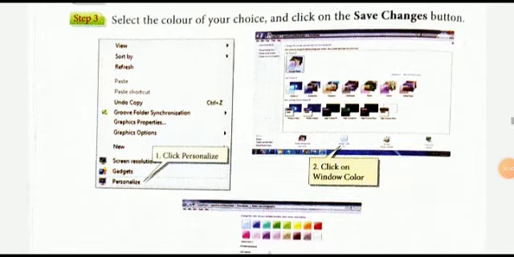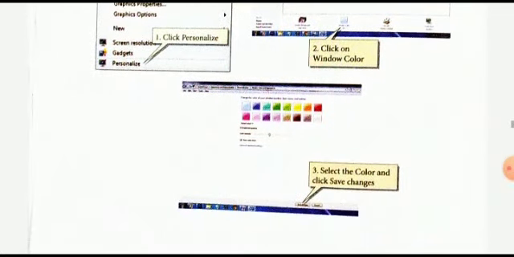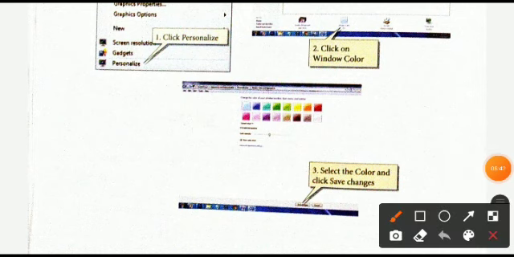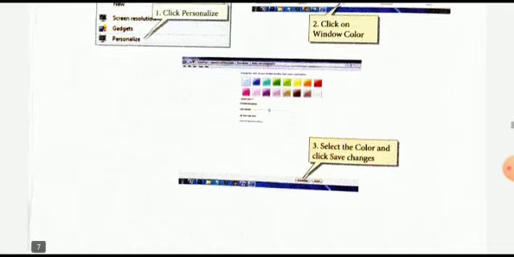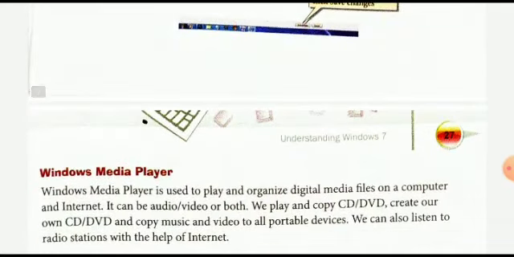Okay, so choose a color according to your choice. There are multiple colors you can use, and after choosing a color you should click on save changes option, because this option applies the color to your Windows border and taskbar and start menu.